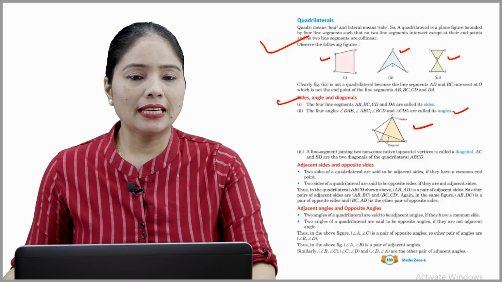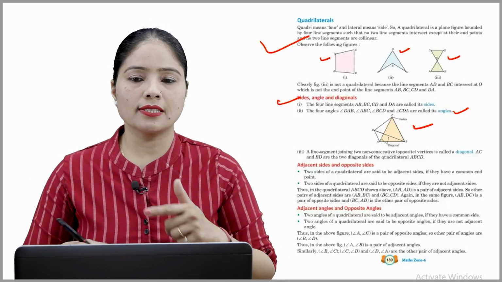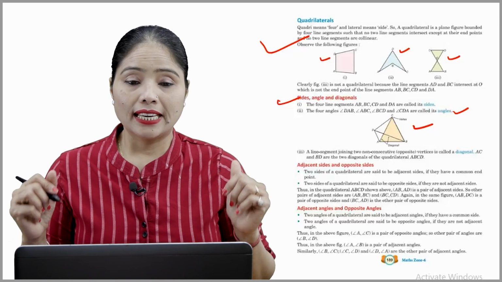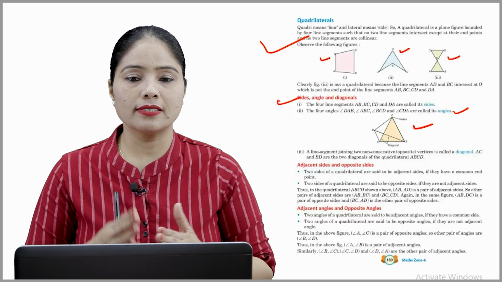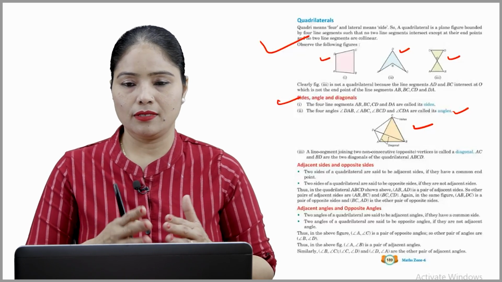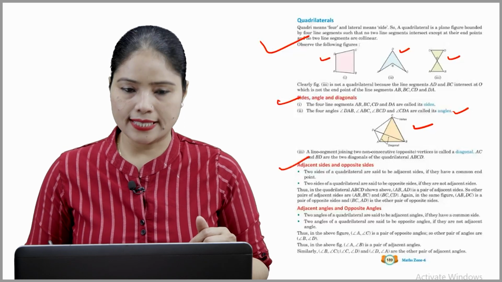Third point, a line segment joining 2 non-consecutive, meaning opposite, vertices is called a diagonal. AC and BD are the 2 diagonals of the quadrilateral ABCD. Okay beta, I hope you understood well. So now next,